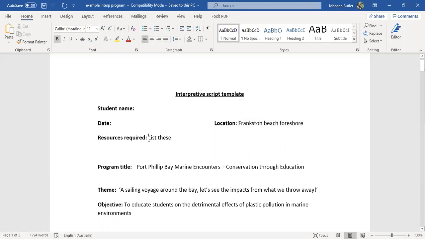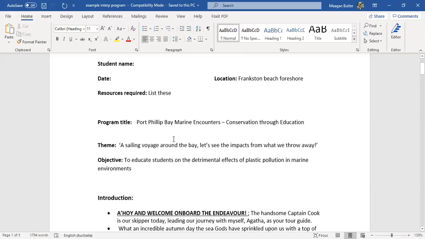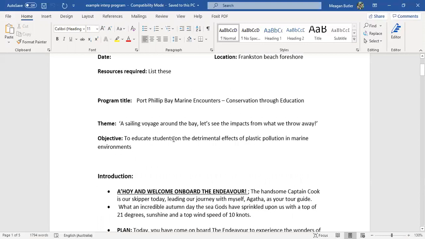In the resources, you might say, use the local reserve or whatever park. And then any other resources that you needed. So your visual aids, your props, your costume, anything that you needed.